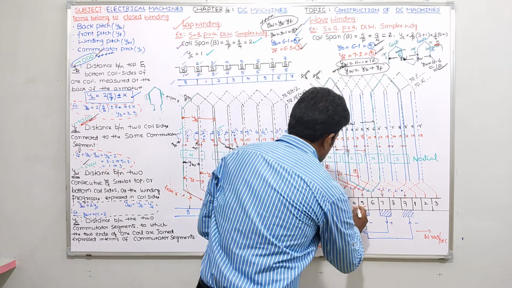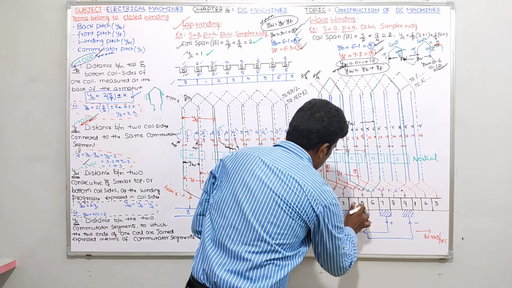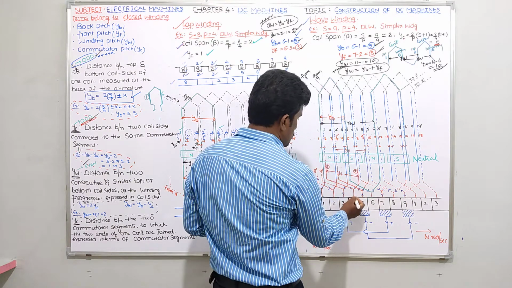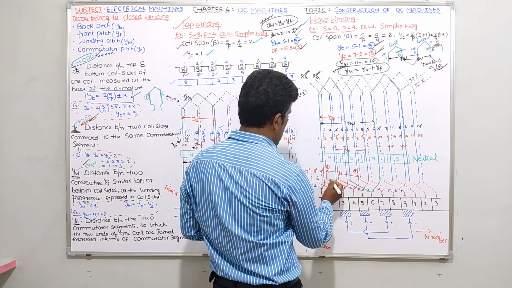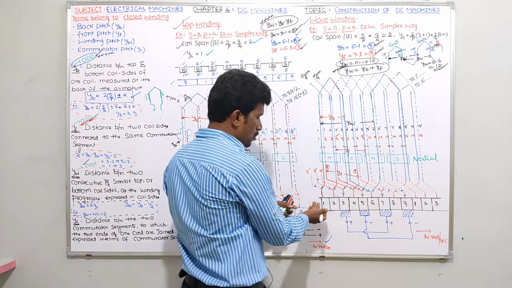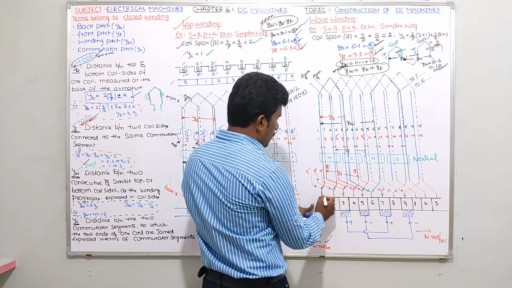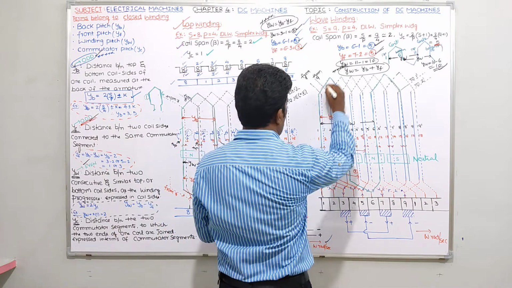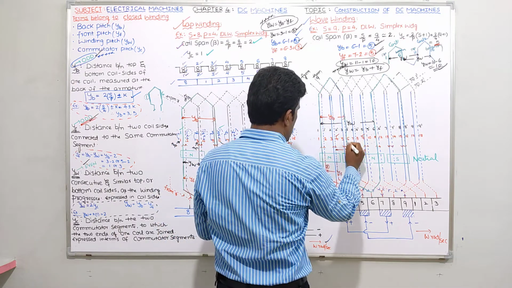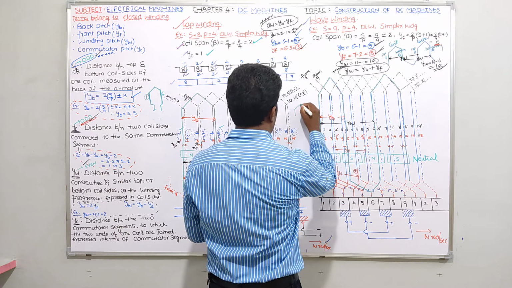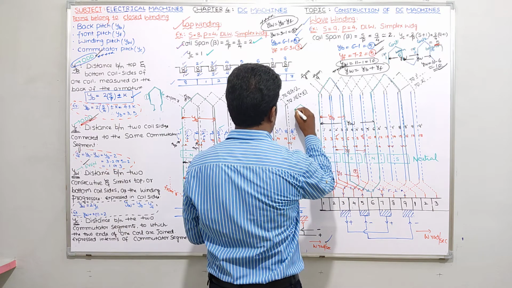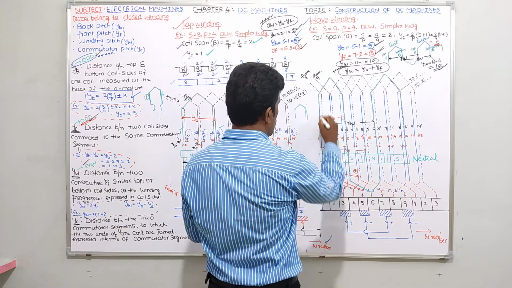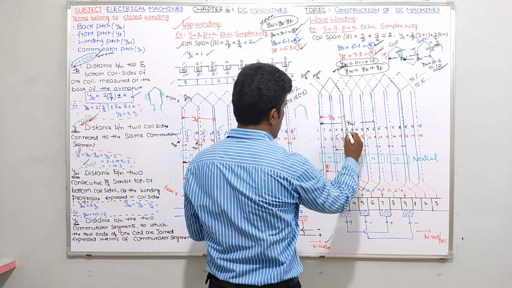Let me take this one. First of all, I'm just starting with the 4th segment. So see guys, to this 4, if you see this, otherwise we can do like this, no problem. Let me take the first 2 only. So 1 to 6 is a coil, no? 1 to 6 is a coil, right?